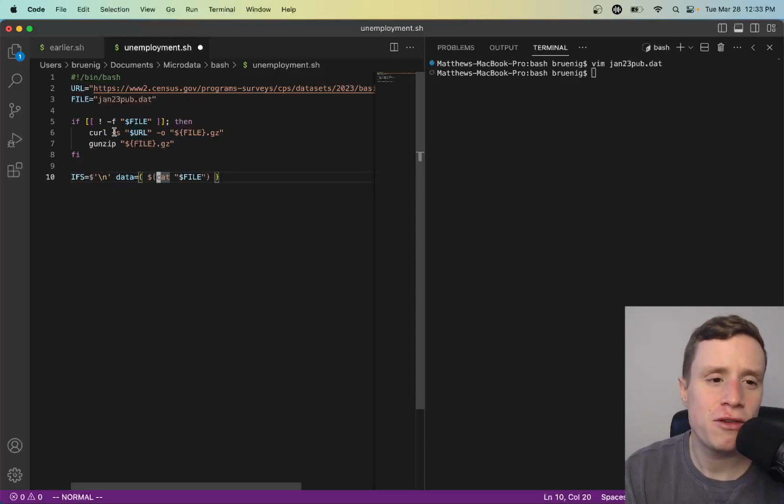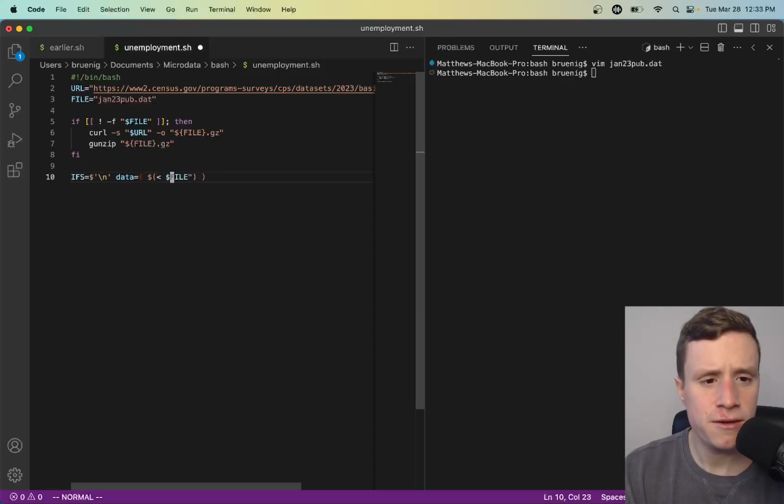Up here, I used external things to download the file. There's no way around that. But I can do all the parsing of this stuff inside Bash, not just use Bash to call external programs. If I wanted to use Bash to call external programs, I could just use Bash to call Python. That's not what we're doing here. So one thing you can do here is